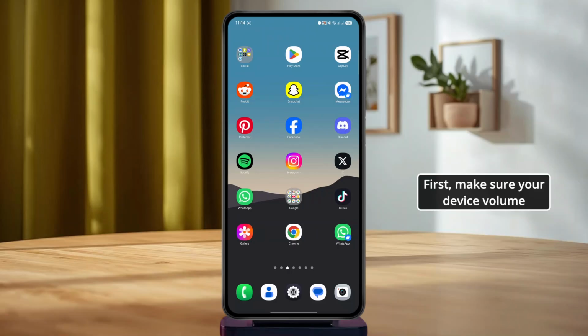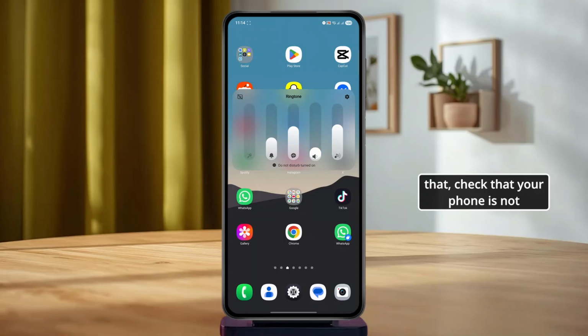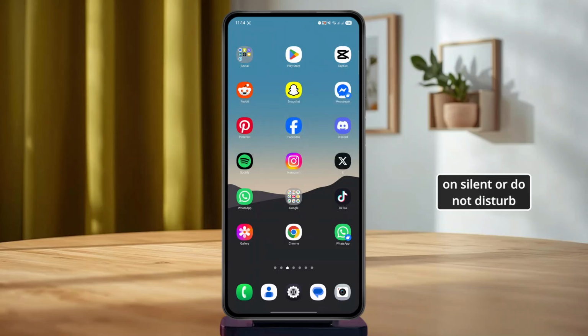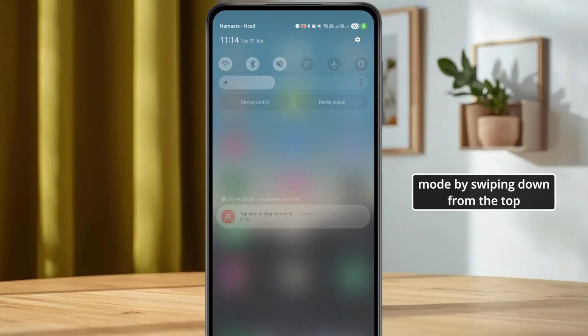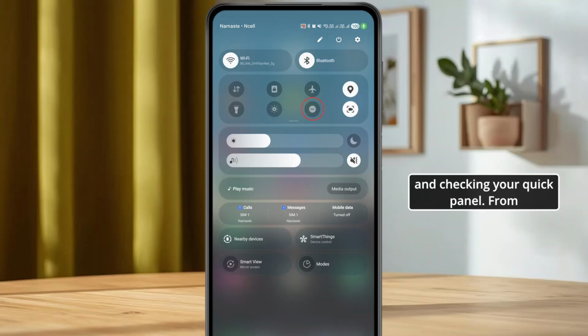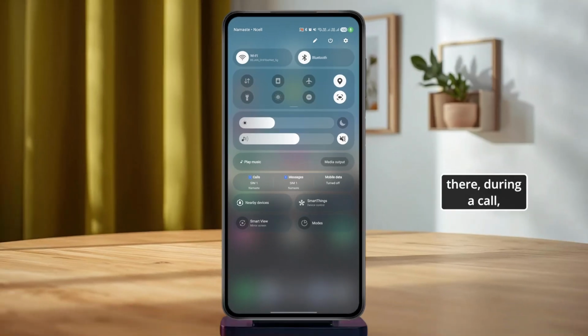First, make sure your device volume is turned up during the call by pressing the volume up button on the side of your device. After that, check that your phone is not on silent or do not disturb mode by swiping down from the top and checking your quick panel. From there, during a call, make sure the speaker or mute button is not accidentally turned on or off inside